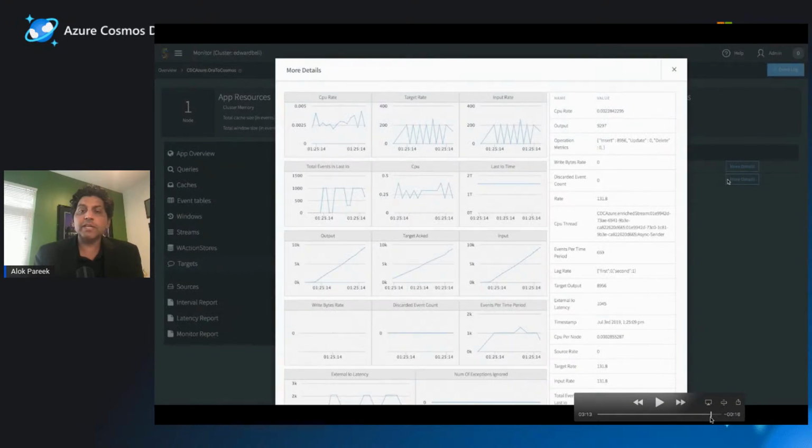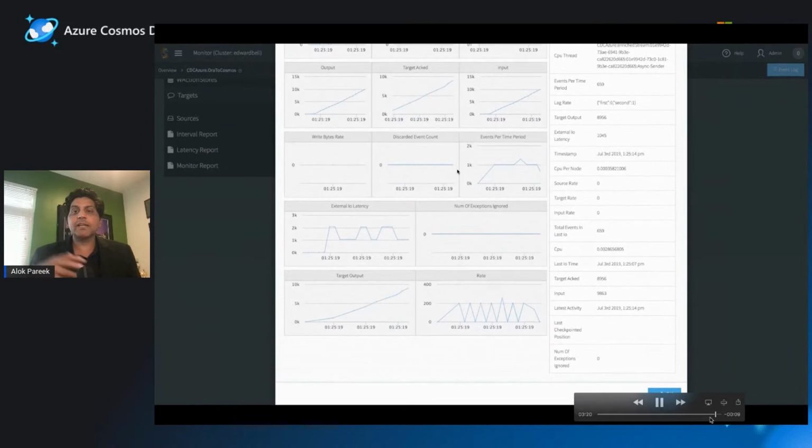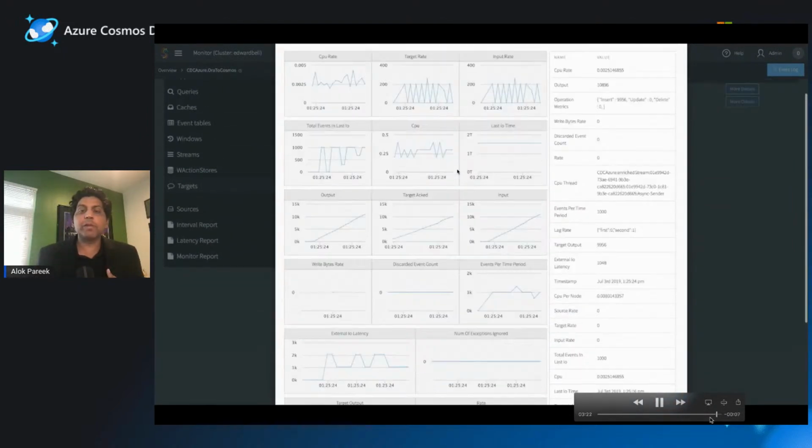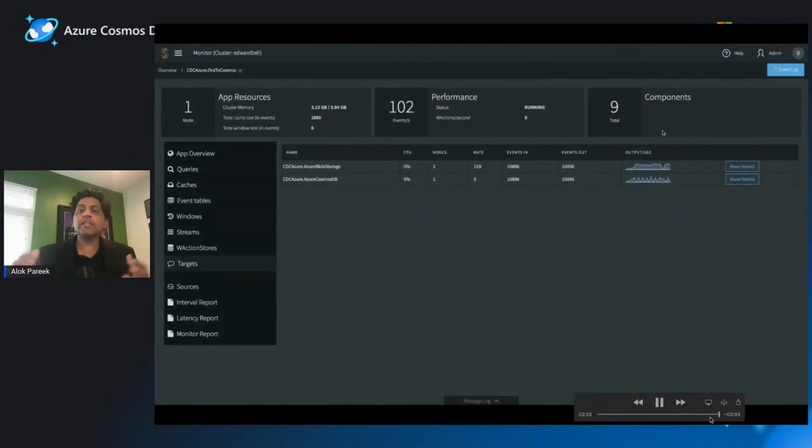So you want to often see what is the resource usage. Is my data on an aggregate basis? Let's say I'm moving so many events per second. What is the rate at which I'm applying it to Cosmos DB? So that you can scale into parallel flows. A lot of that capability so